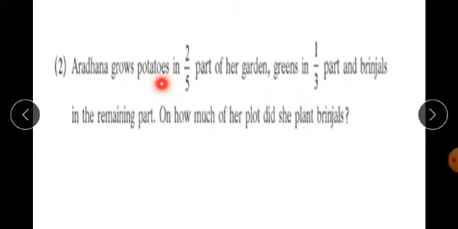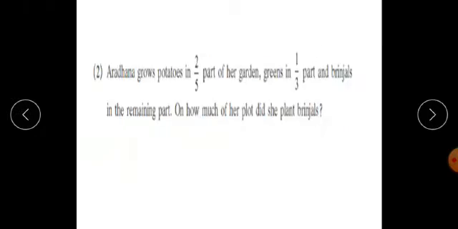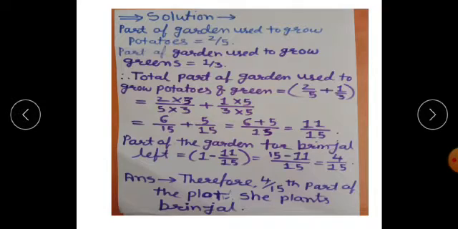Second question: Aradhana grows potatoes in the fifth part of her garden, greens in one third part, and brinjal in the remaining part. On how much of her plot did she plant brinjals? Solution for this: